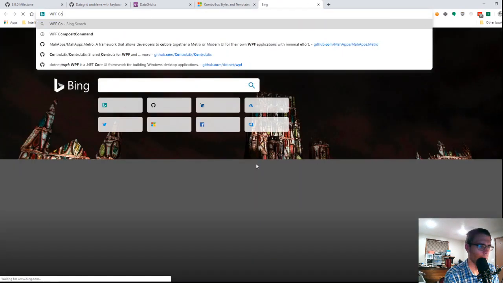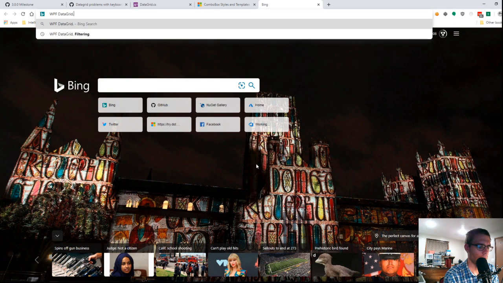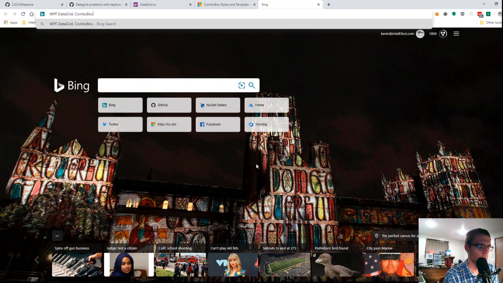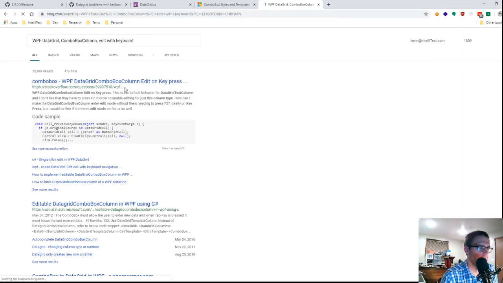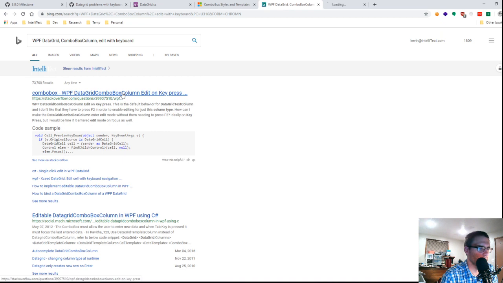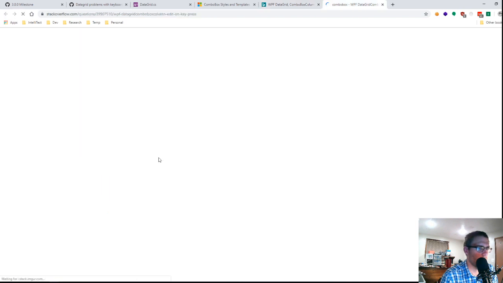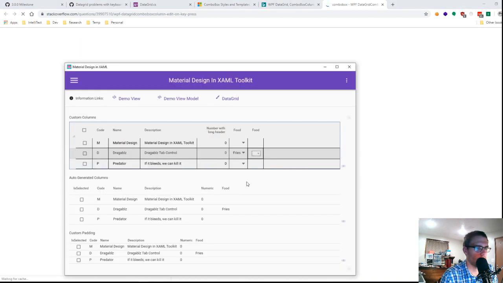WPF Datagrid Combobox column edit with F2, that's the magical incantation.